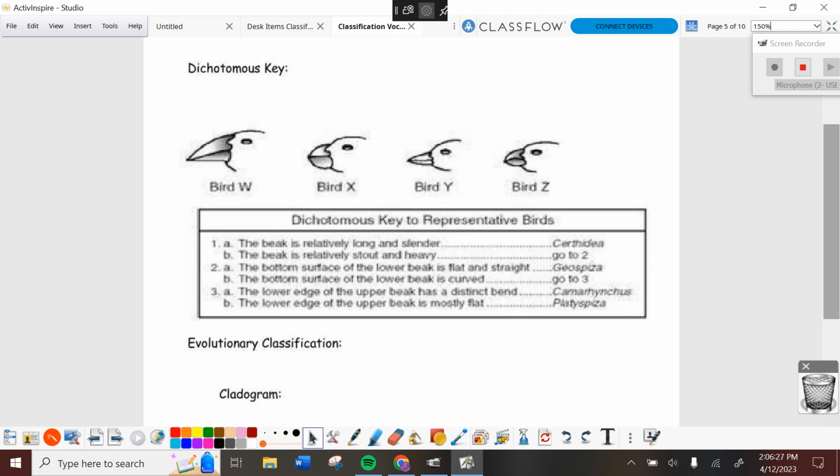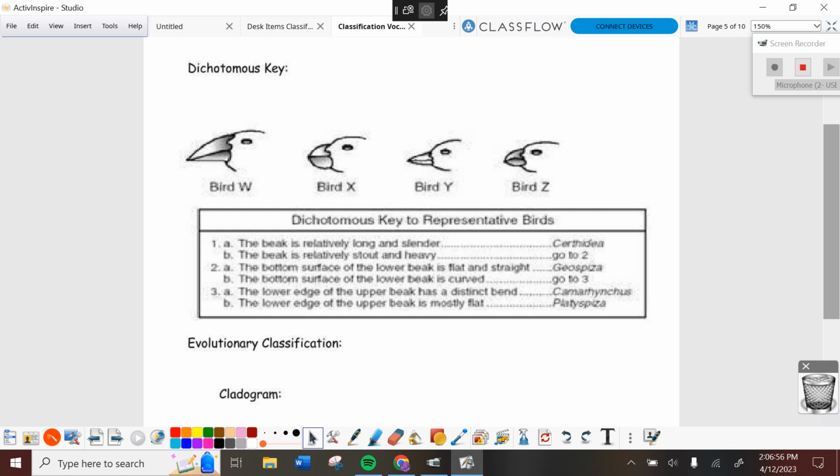Go back a page. I need to define this, and I need you to see this picture because we're going to practice. I'm going to show you how to use one of these things. Then in the lab today, you're individually going to practice using one to identify some leaves. And then the second half of the lab, you're going to get with somebody else to create a dichotomous key. So there's 3 things. I've got to teach you what a dichotomous key is and show you how to use it. You're going to practice using one of your own to identify things. And then you're going to create one with a lab partner.